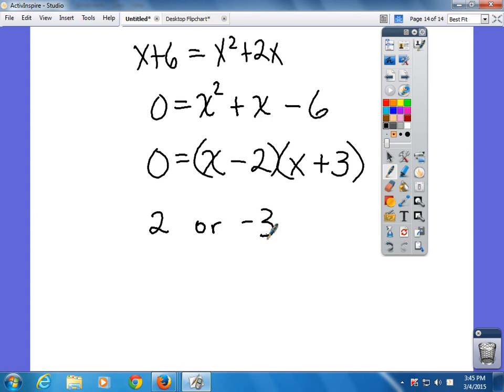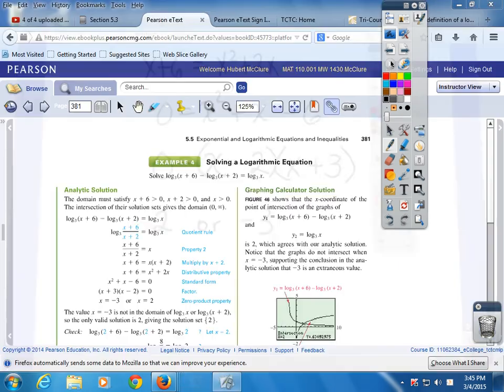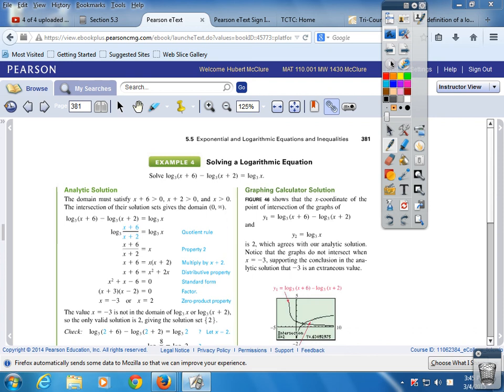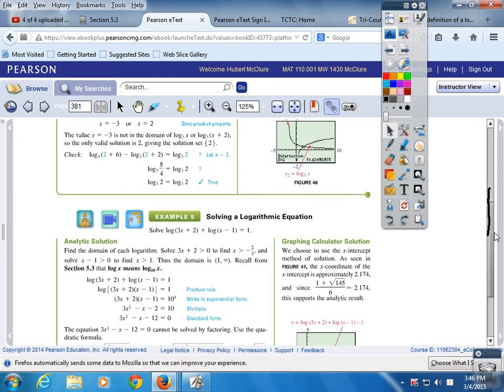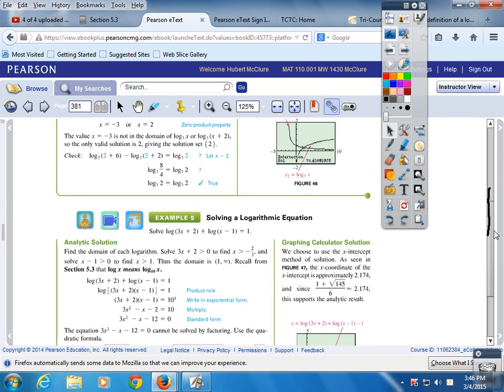I've forgotten what the question was, so we got to go back to the question. And it says log of blah, blah, blah equals the log of blah. Can you take the log of a negative? No. So the answer is probably 2. We should say it in there. Solution to the